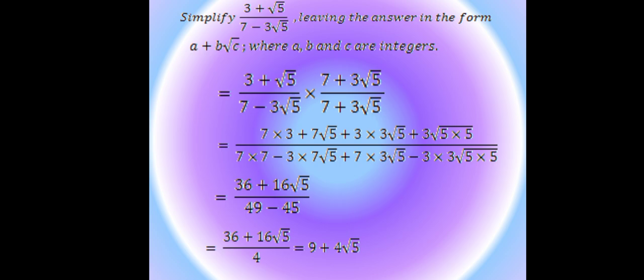Simplify 3 plus the square root of 5 all over 7 minus 3 times the square root of 5, leaving the answer in the form of a plus b times the square root of c, where a, b, and c are integers. If you simplify, you get 9 plus 4 times the square root of